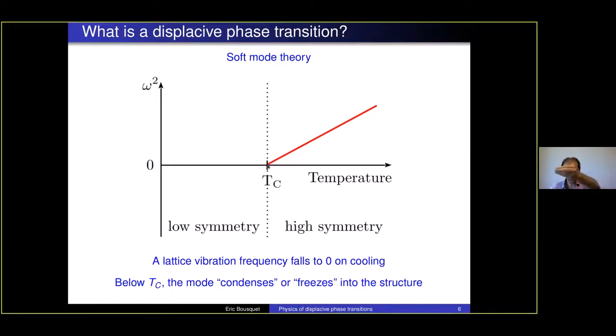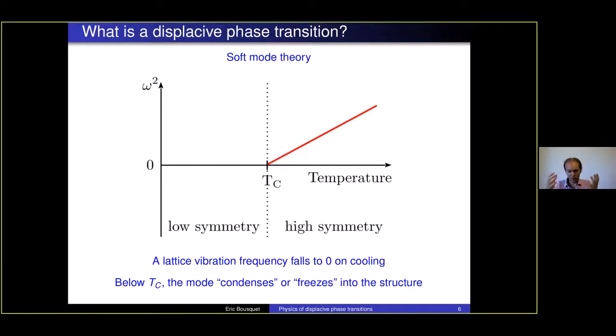And basically, the description is that you have a vibration of the crystal at high temperature. Let's say we have two atoms and they vibrate like that. Then when you lower the temperature, you see the frequency going lower and lower, up to the critical temperature, where poof, you have a freezing of the vibration of the phonons, and the atoms will stay in one of two ways, you can have that or that, for example here with two atoms.